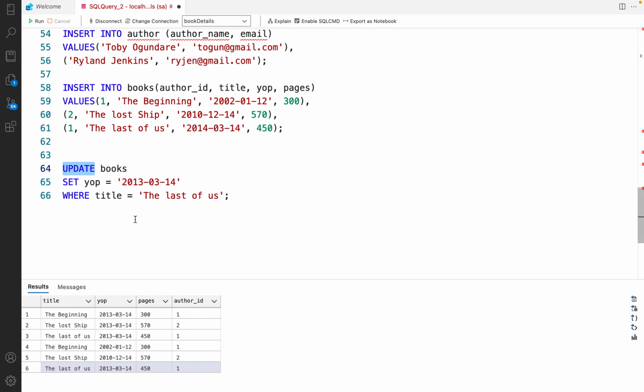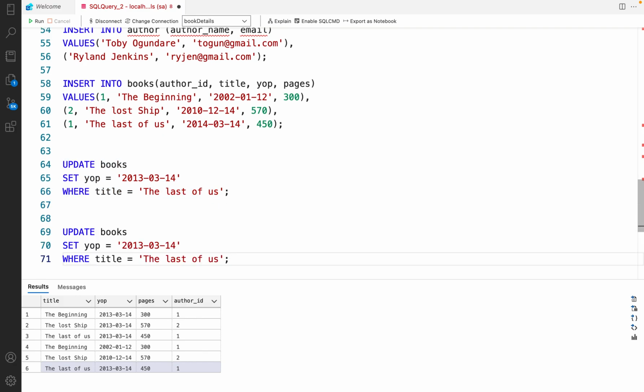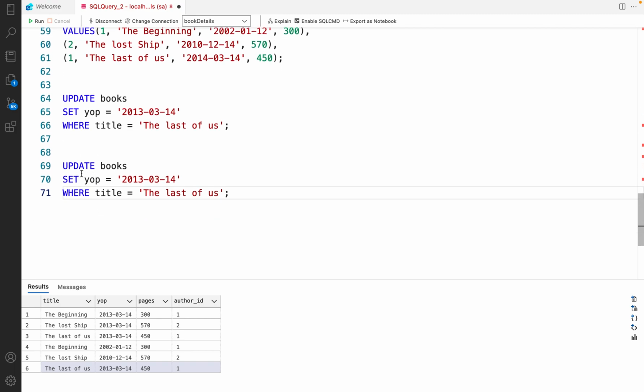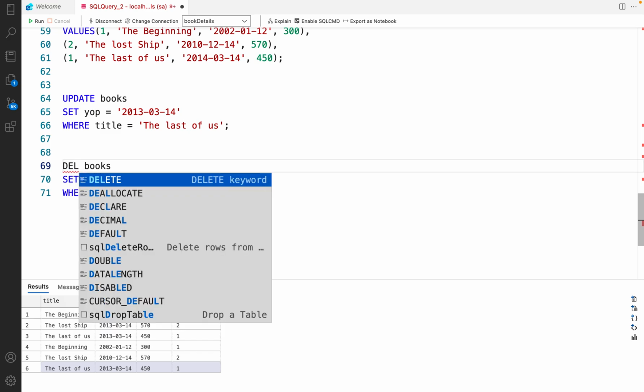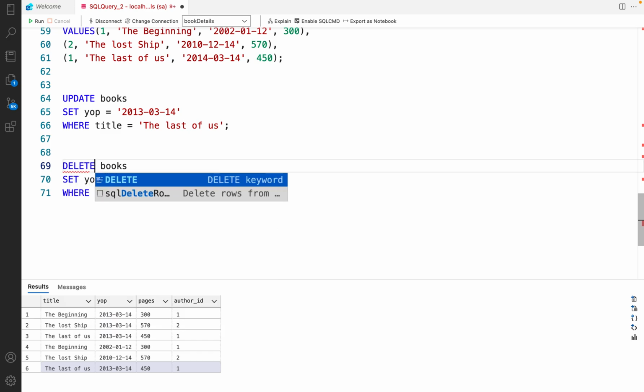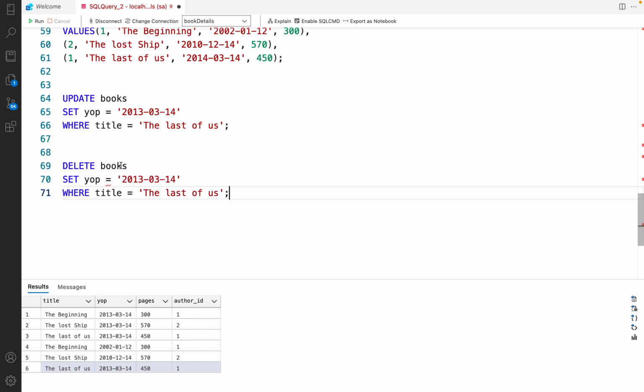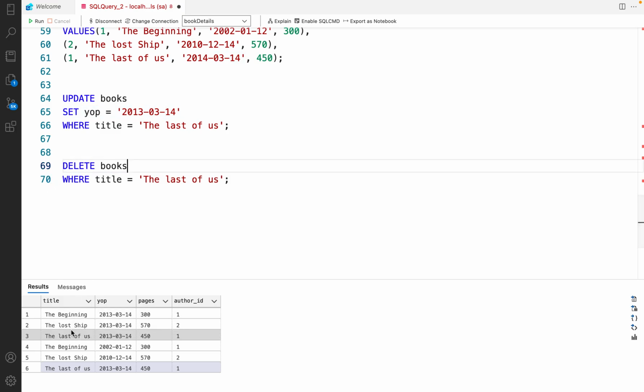So how do I delete them? The same way I updated my value, I need to also be careful of values or records that I delete, because there's no undo for that part. So if I say delete now, I'm going to say delete books, and I'm going to say where the